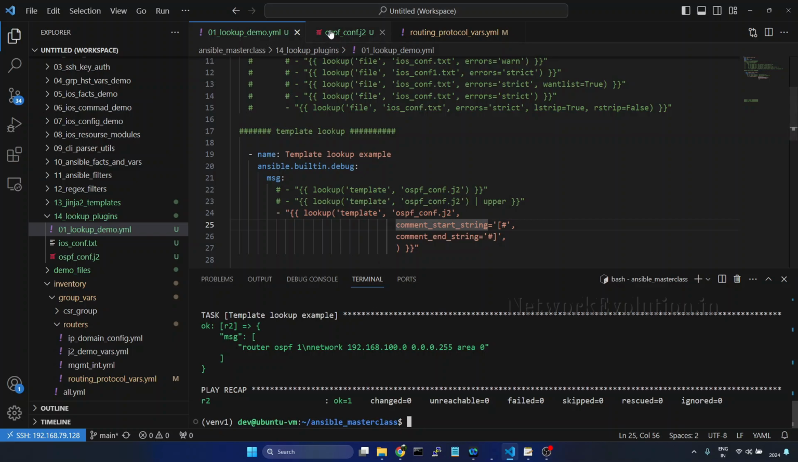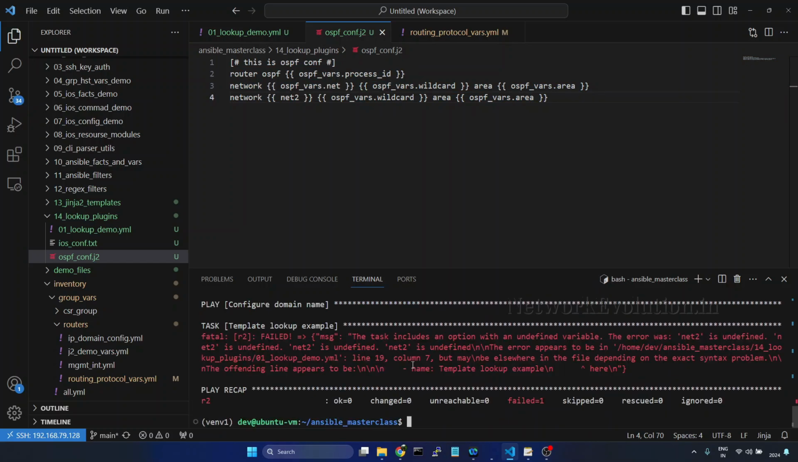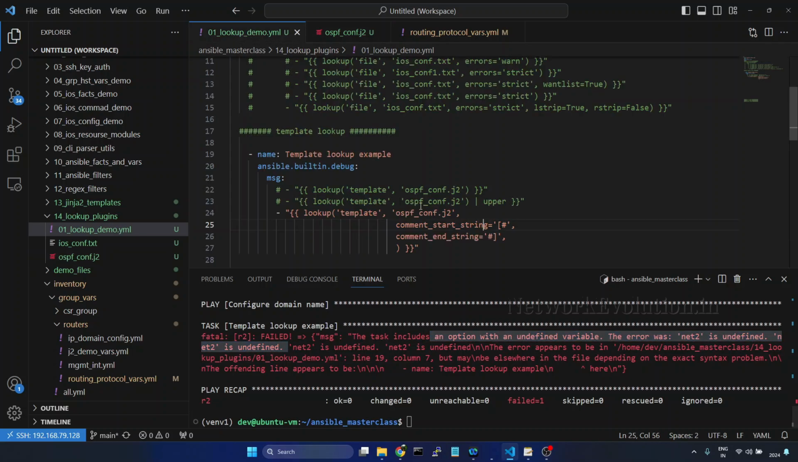Now if you want to pass a custom variable, I'll add another variable called net2, and all these values will keep as default. Now if you try running this, you'll get an error saying that variable net2 is undefined. Now if you want to pass this variable manually from here,